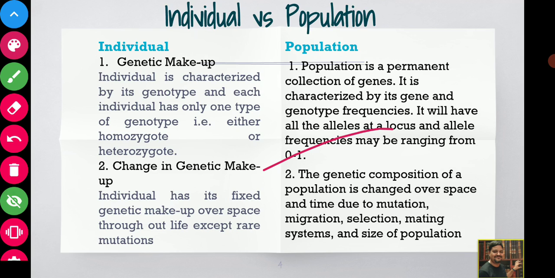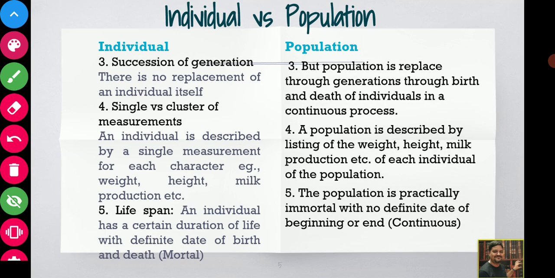Now the next one is the succession of generation. There is no replacement of an individual itself. If an individual has taken birth, it will die, and after it dies, there is no way of getting an exact replacement of that particular individual. An individual will come and go, but that particular individual will never be replaced by another individual. So there will not be any succession of generation for an individual. But a population is getting replaced through generations by way of birth and death of individuals, which is a continuous process. So succession of generation is a characteristic of population but not of individual,